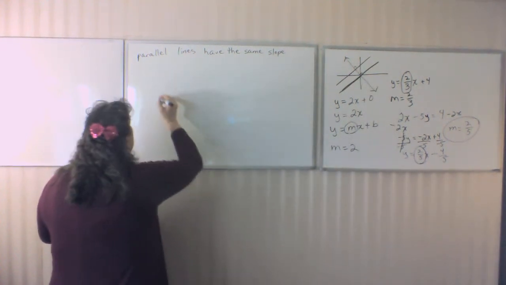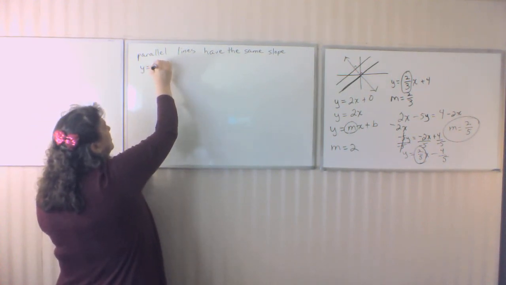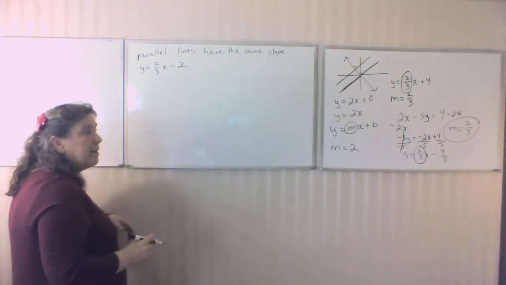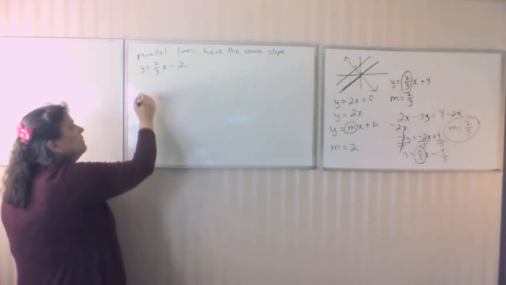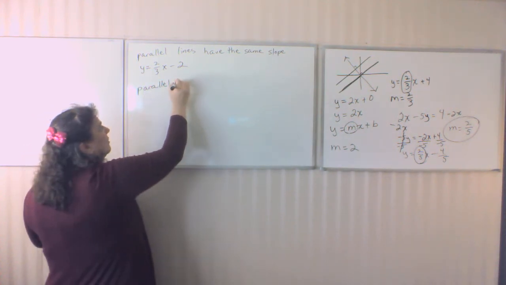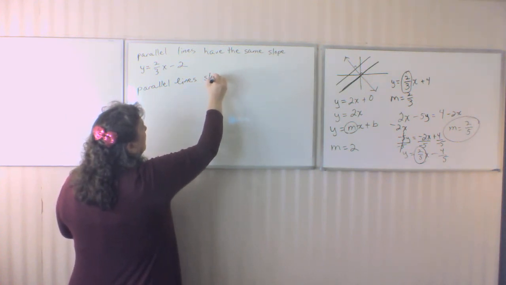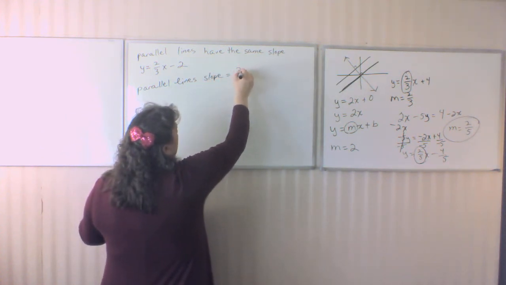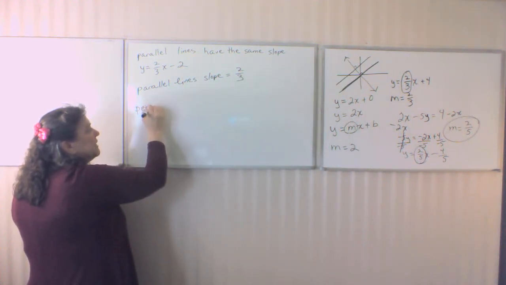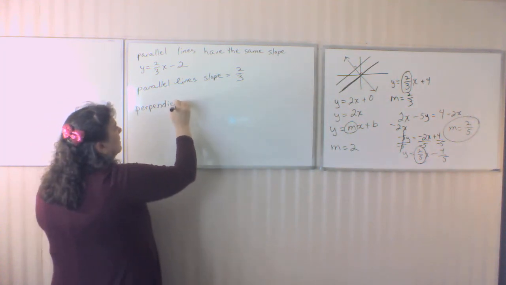So, if I have an equation, y equals 2/3 x minus 2, a parallel line would have the same slope. Two-thirds. But a perpendicular line, which is at 90 degrees to that line,